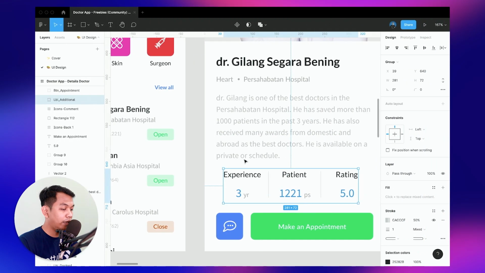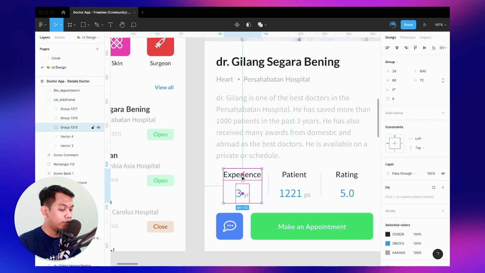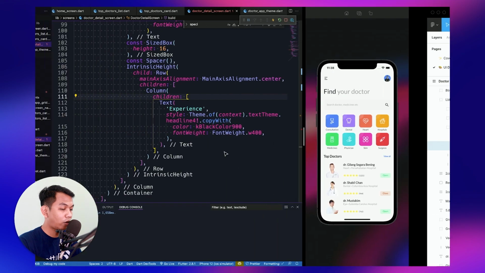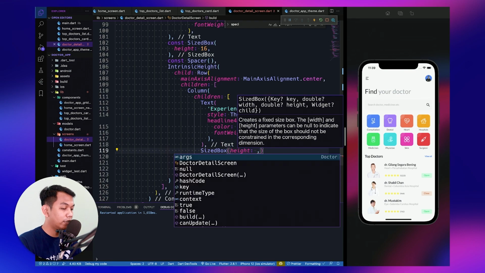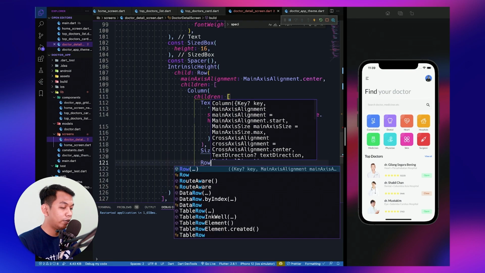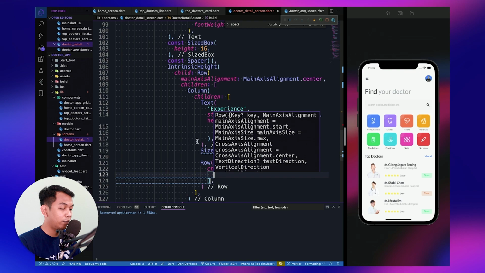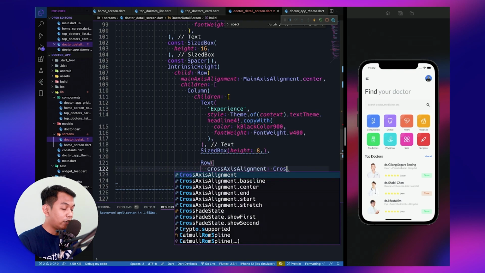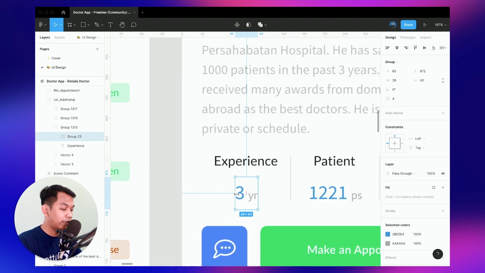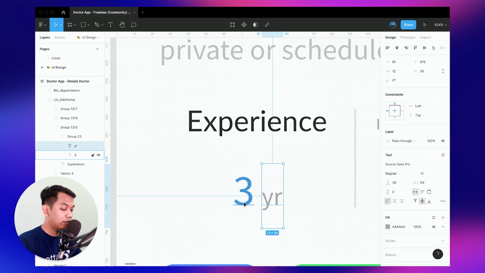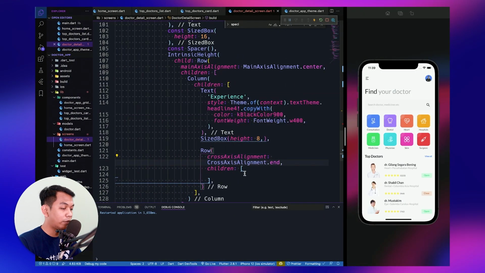Okay, and below of our text widget we can add size box with the height is 8, and below that we have row widget, and row widget have children, but we need to add cross axis alignment to end, because as we can see here it's different size but it's aligned to bottom, so we use cross axis alignment dot end.